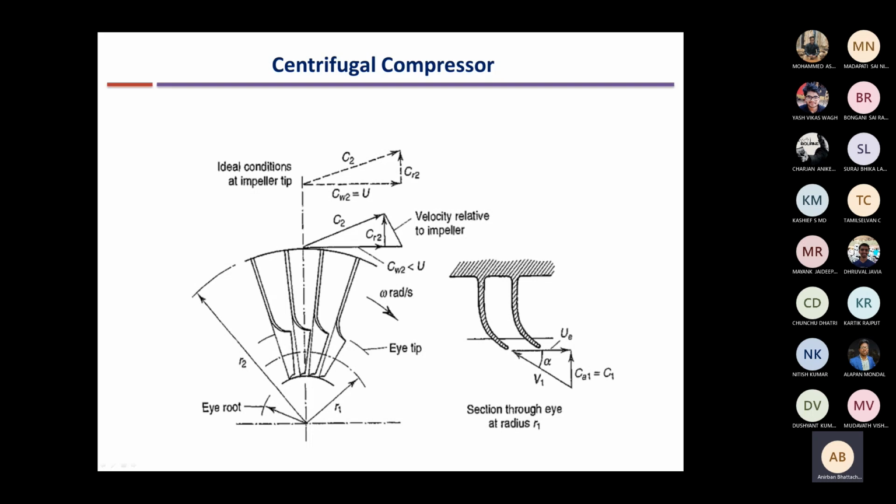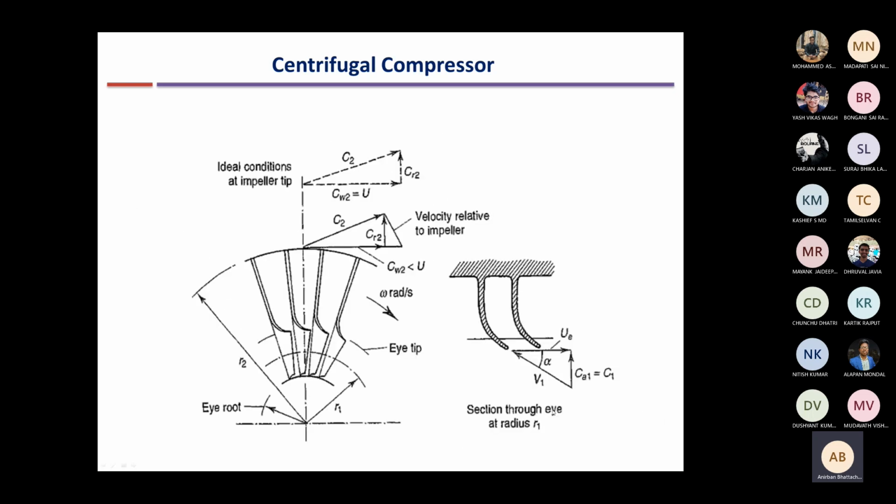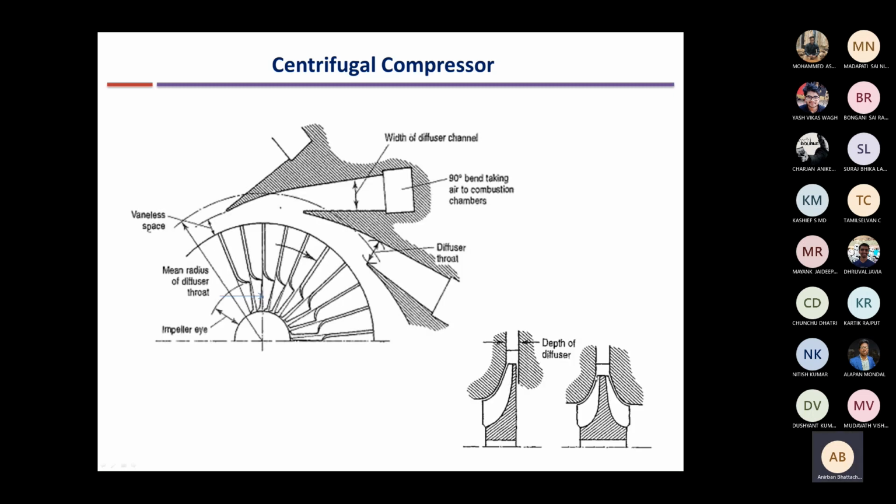So as a result, the blades are bent at this angle, as you can see. So this is like the cross cut section. This is showing the plane which is perpendicular to the screen, and this is showing the plane which is along the screen. Is it clear now? Yes, sir.